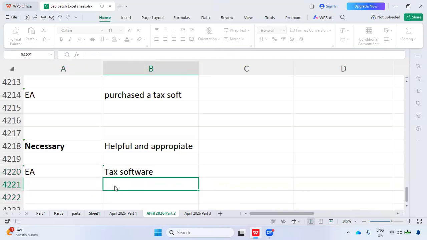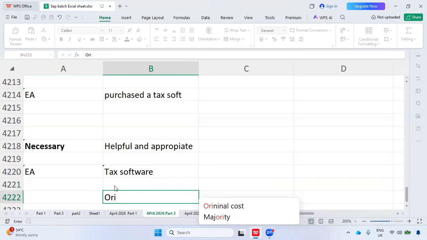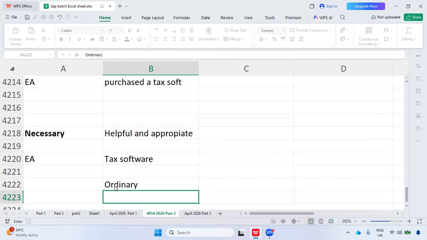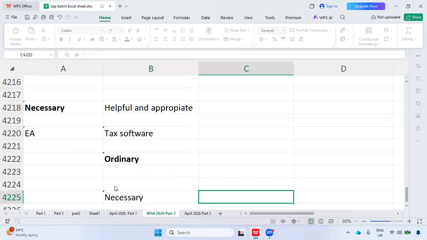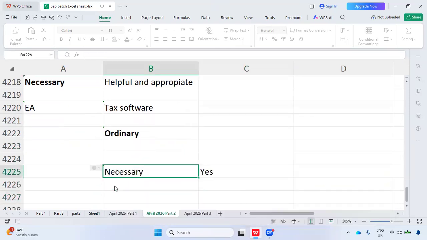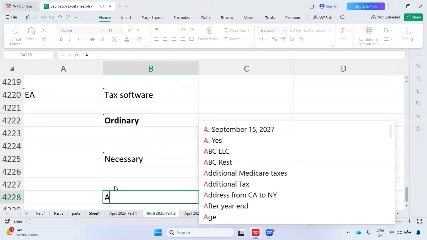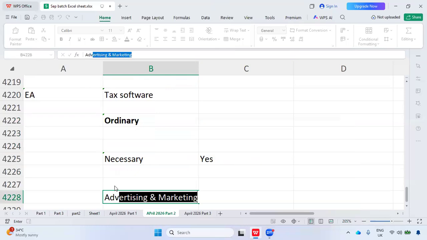Because in general, to run the business, they will buy the tax software. So this we can claim as an expense. And the same EA is paying some expenses for advertisement,